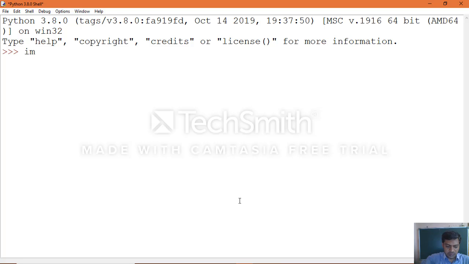First import the modules, and import the numpy module also: import numpy as np, alias name.